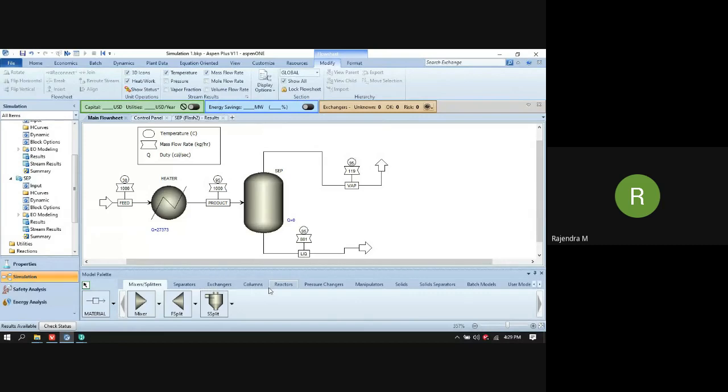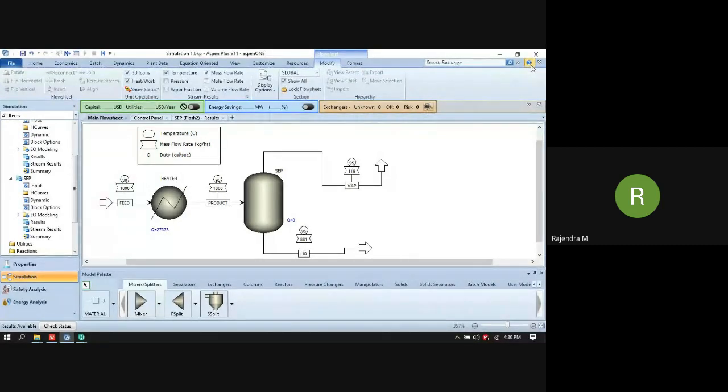But the idea is to get enough information on when to use which palette for your particular type of operation. Right. So for any difficulty, you can always look at the help icon over here at the top right corner. There is a question mark.